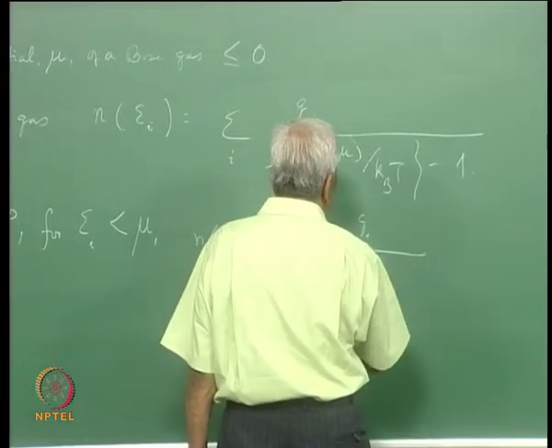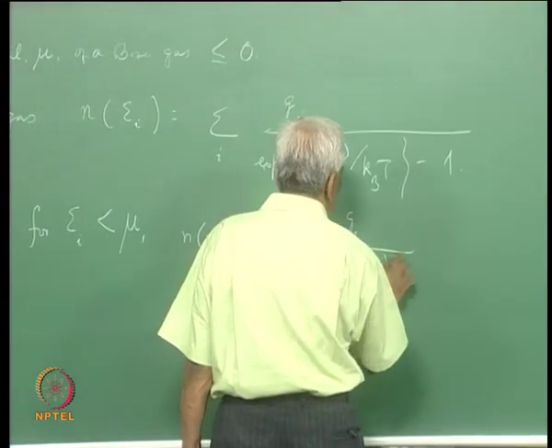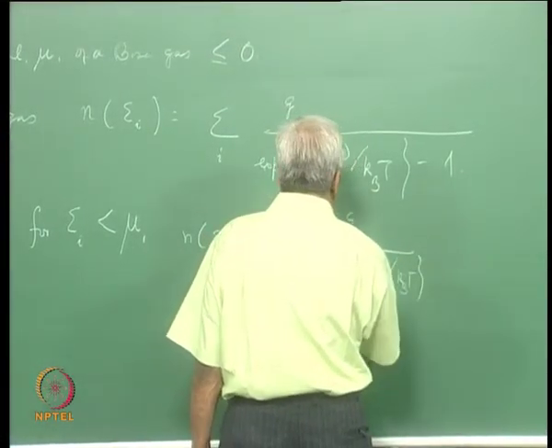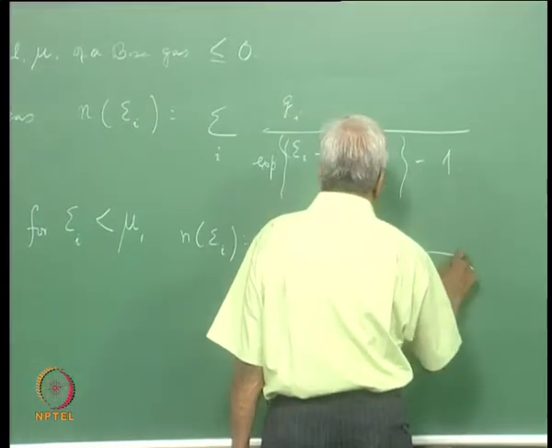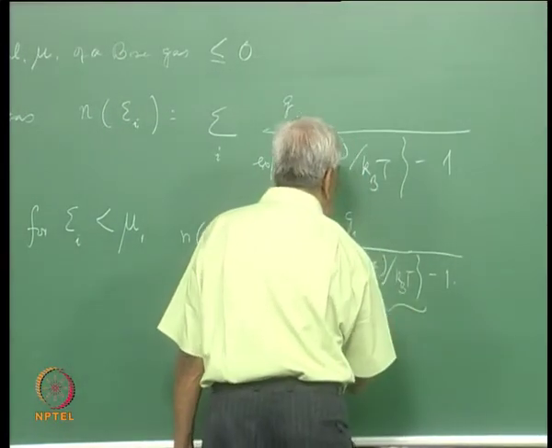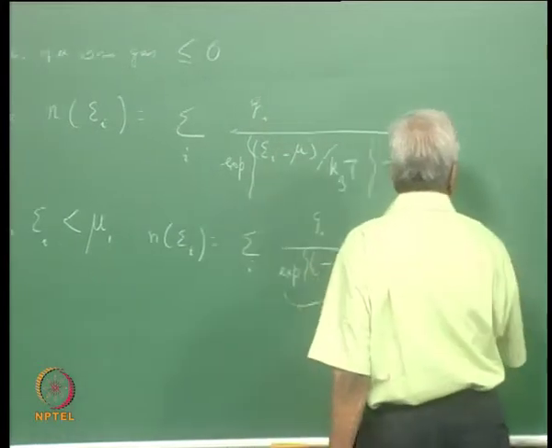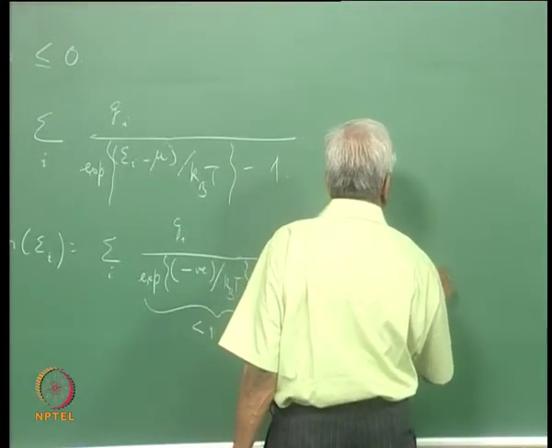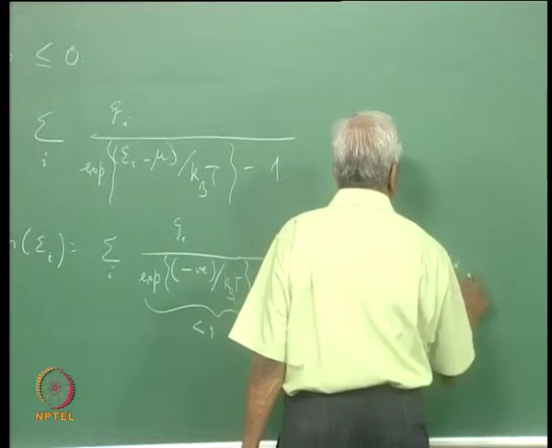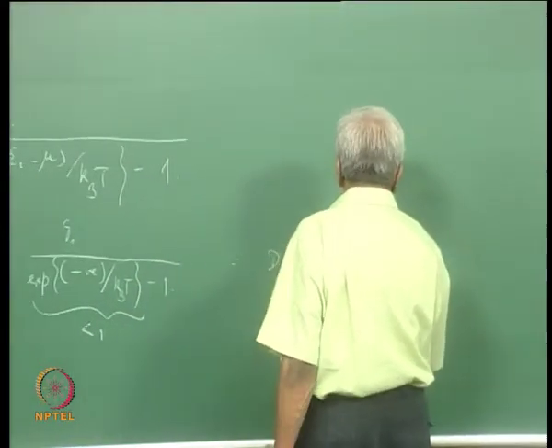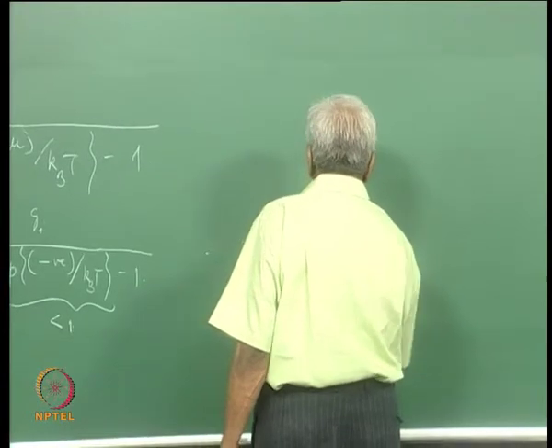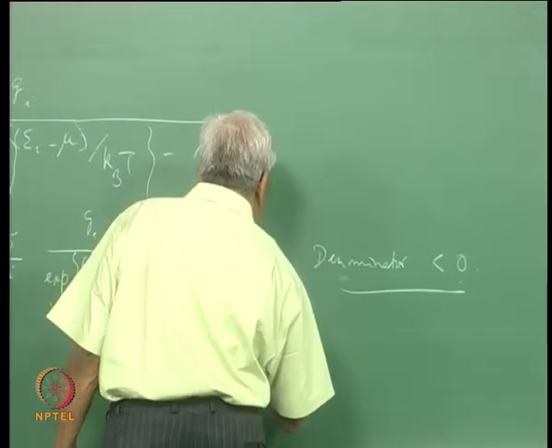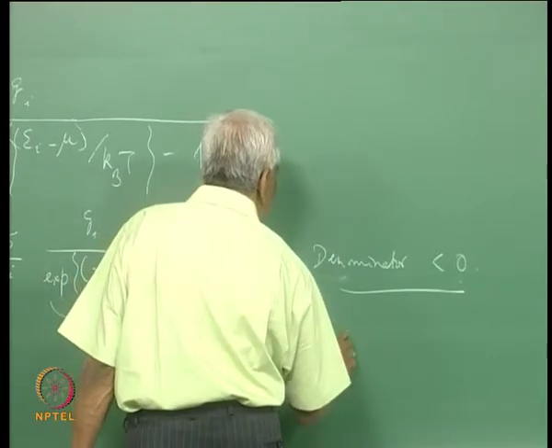So, this will be a negative quantity by kBT minus 1, and therefore, this is less than 1. Therefore, the denominator of this expression is negative. That means n of E_i is negative,